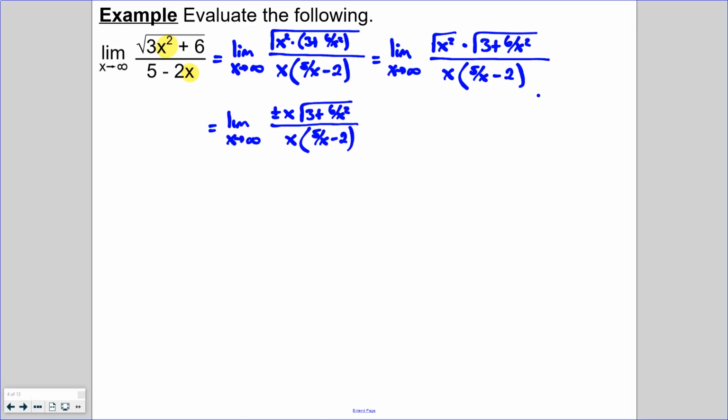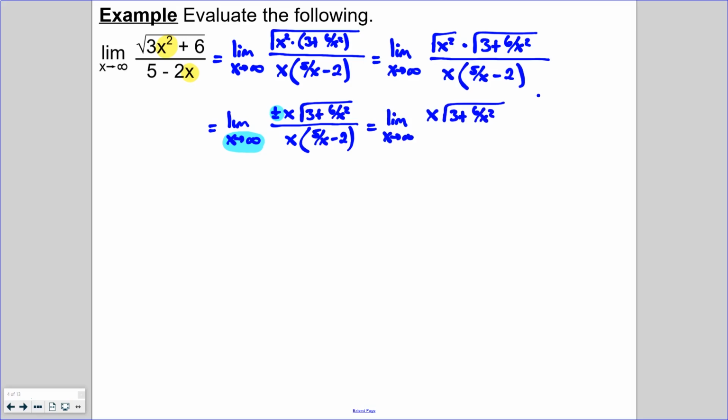Alright, then the next thing we need to look at is this whole plus or minus x here. Which version of the x are we going to use? Are we going to use the positive x or the negative x? Well, since we're looking at the limit as x approaches positive infinity, all the x values here are going to be positive, which means we're going to be using the positive form of that x. So we're going to be left with x times the square root of 3 plus 6